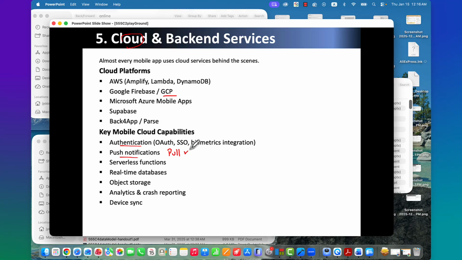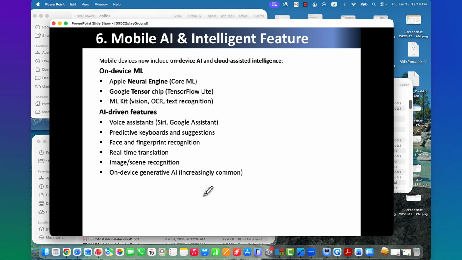We'll work on these pull services. And real-time database, object storage, analytics, crash reporting and device synchronizations. Some additional things can be extended. And then AI and intelligent features can be added.